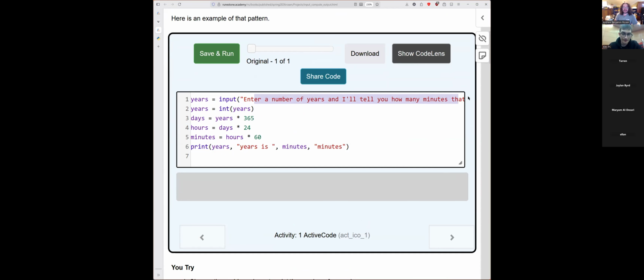Enter a number of years, and I'll tell you how many minutes that is. I'm going to go ahead and reduce this. Enter num years. I'll tell you how many minutes that is. I just wanted to make sure that we got onto one line. And what this does is that this entire program